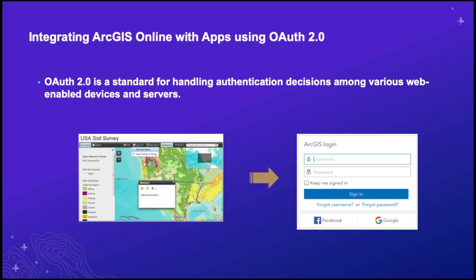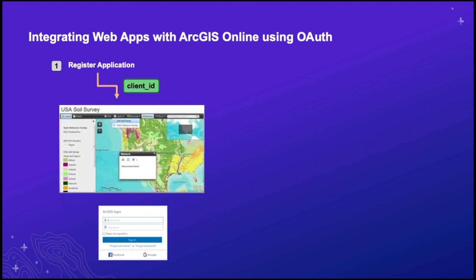So we support OAuth 2.0, which is a way of handling authentication decisions between web and server. So you can basically bring up the sign-in dialog from ArcGIS Online, allow users to log in, and then hand that control back to the application to do whatever the application does. So there's two ways of doing this. So one is if you're integrating with a web application, like a JavaScript API